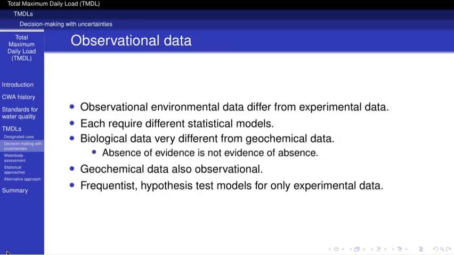Variability within a population of organisms can be very high. People are a good example of this. The concentration of pollutants in surface and groundwaters, sediments, and soils can also display very high variability. Analyzing observational data requires different statistical models than do experimental data found in medicine and agriculture.